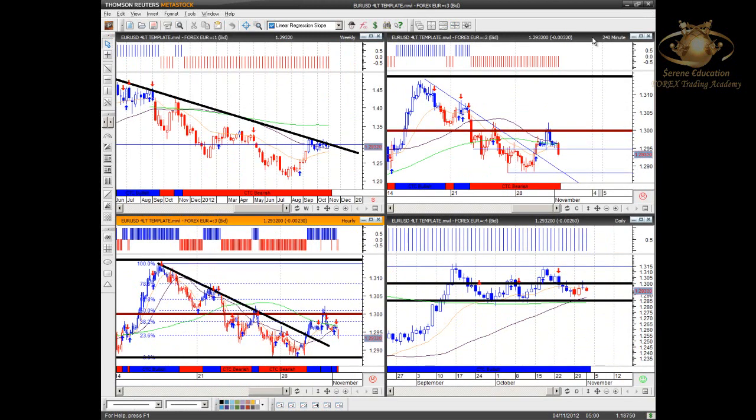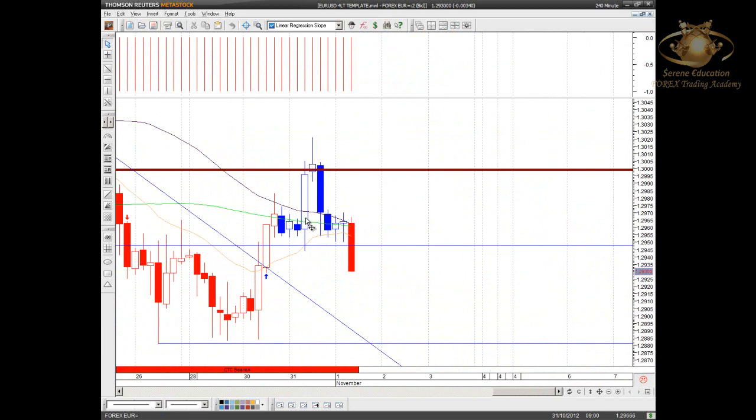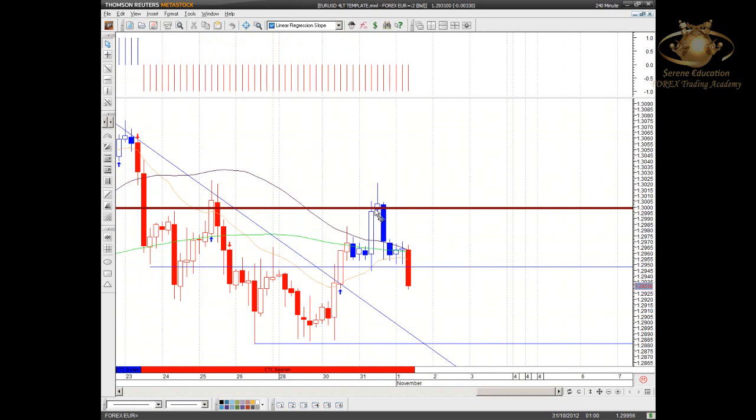And if I can just show you the 4 hour in particular, notice yesterday in particular, 9 a.m. 4 hour trading into the US session open, and then coming unstuck just before the start of the US session yesterday. A nice evening star formation: up, indecisive, and negative in the opposite direction at a major support and resistance level, or psychological support and resistance level, in the shape of 1300. Since then, plateauing last night at the close of the US session, and then this morning, from